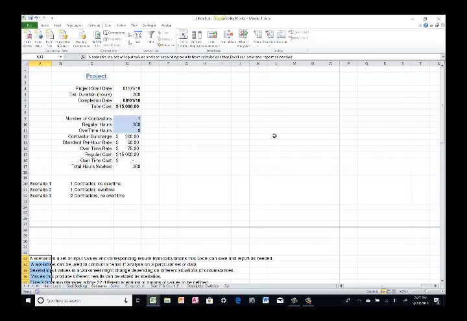And that worksheet with the scenario can be used to conduct what-if analysis on different sets of data. So let's look at the example and run different scenarios and see how Scenario Manager works. We're looking at construction project numbers. The construction project started in January 2018. It will take 300 hours to complete. Completion date is set to August 2018, and the total cost of this project